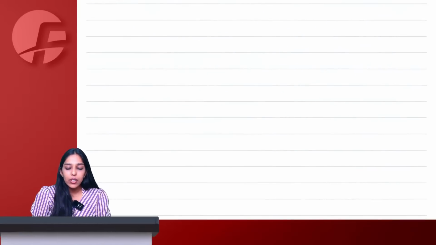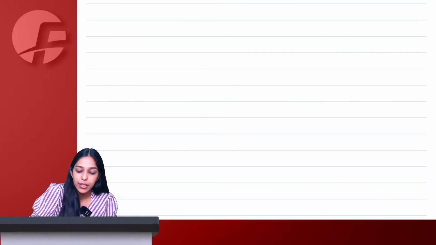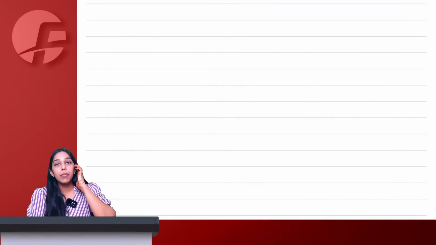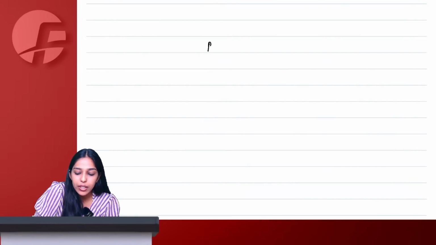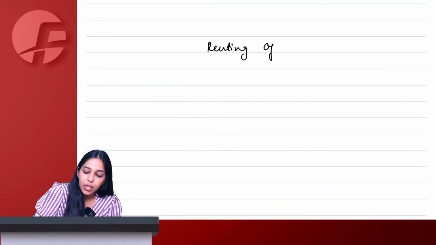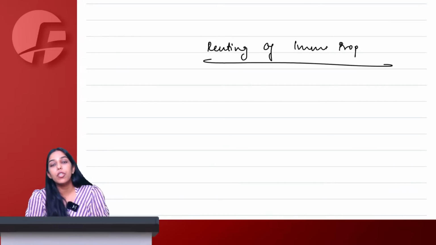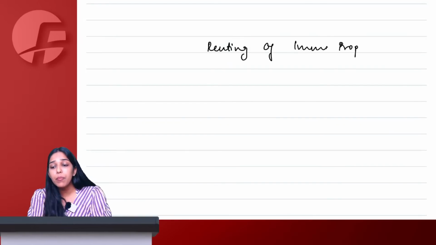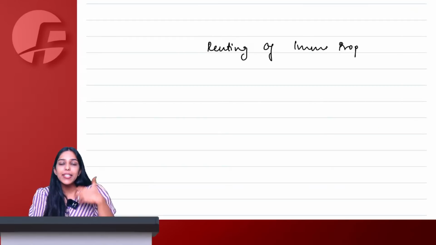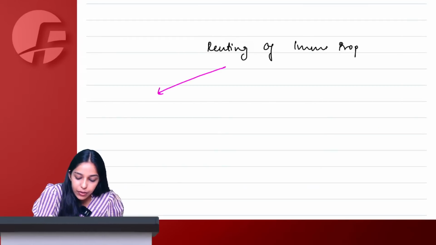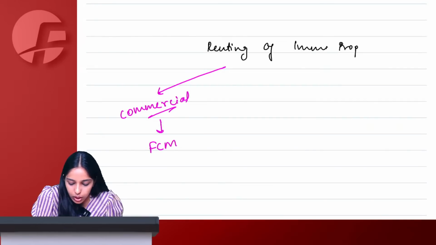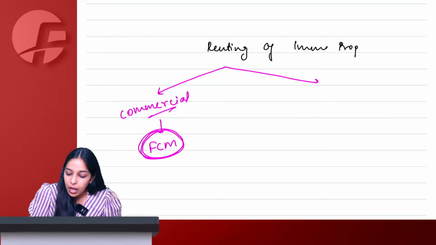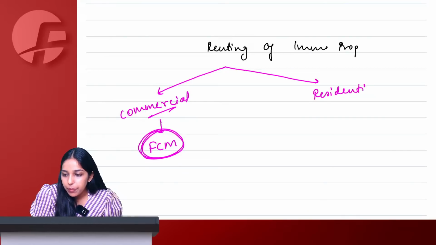Got it, ma'am. Then talking about normal renting of immovable property, not by government. You and me, normal people who are not government, if they are doing renting of immovable property, then what to do? In that case, we will say renting of immovable property by any normal person who is not government: if it is for commercial purpose, then always forward charge mechanism. But if it is for residential purpose,